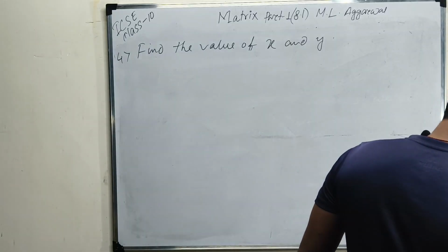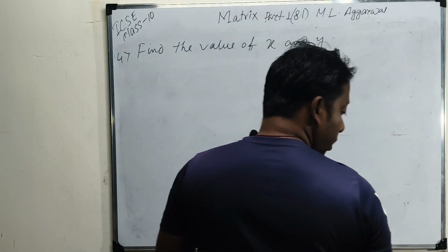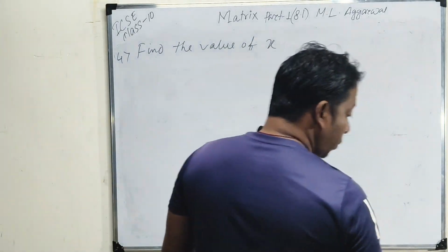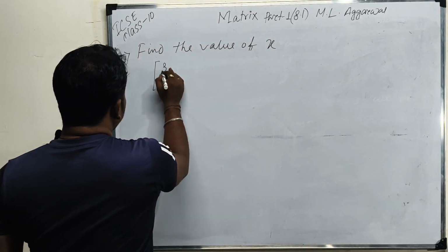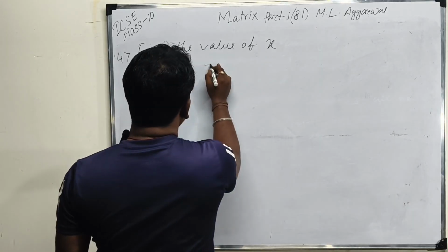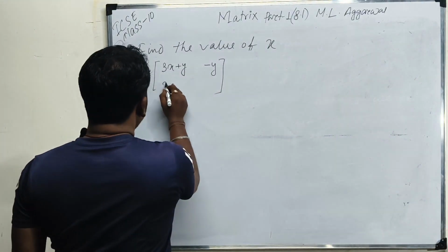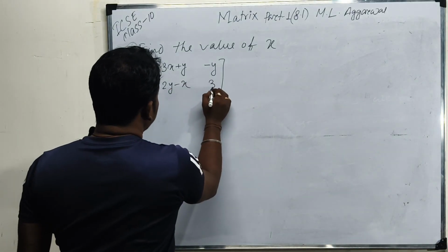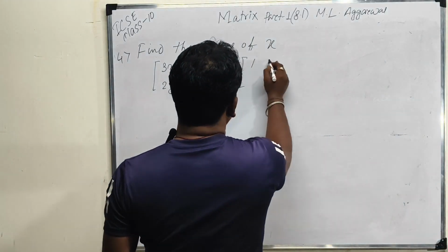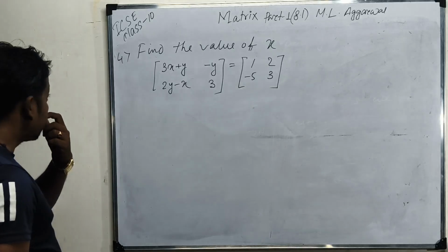Question number 4 complete. Find the value of x. The question is the matrix [3x + y, 2y - x; 3, 2y - x 3] is equal to [1, 2; -5, 3]. Simple. First,